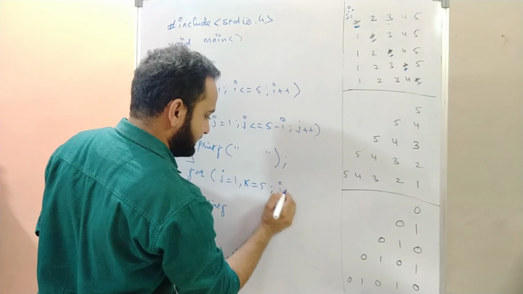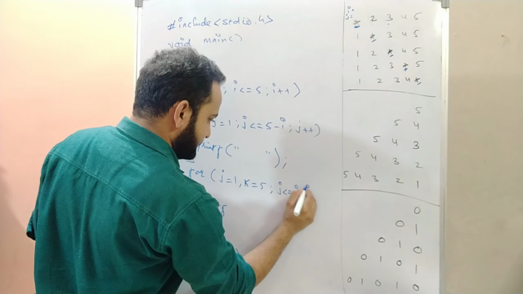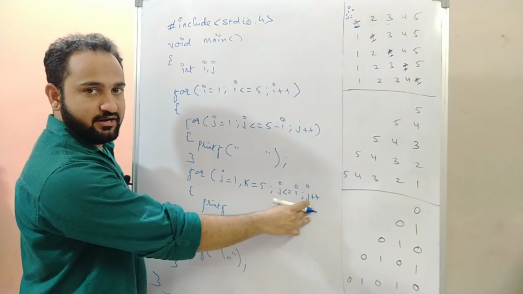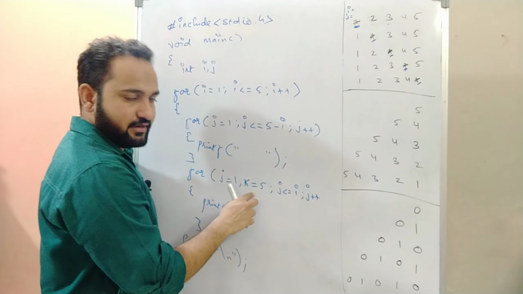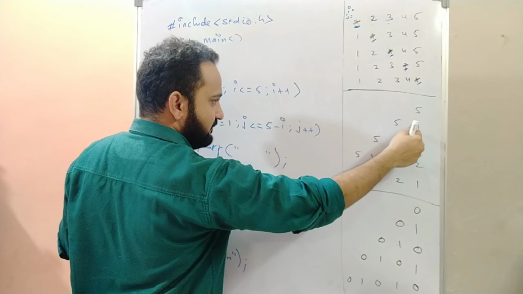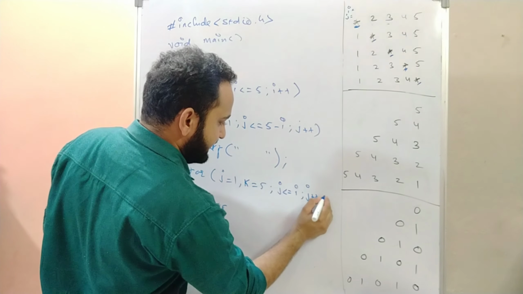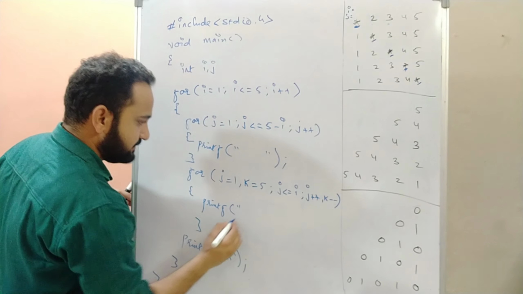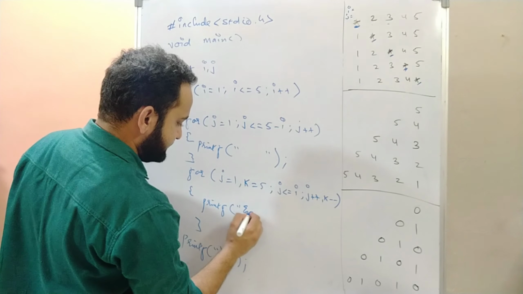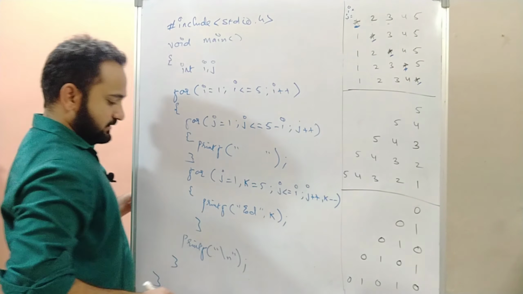Condition will be exactly the same: j is less than equal to the value of i, and with j plus plus you will be incrementing the value of j. Normally with this you will be decrementing the value of k by 1, because after 5 we have to go with 4, after 4, 3. So here we'll be writing k minus minus, and here we'll simply be printing printf percentage d, the value of k. That's it. That will be the program.